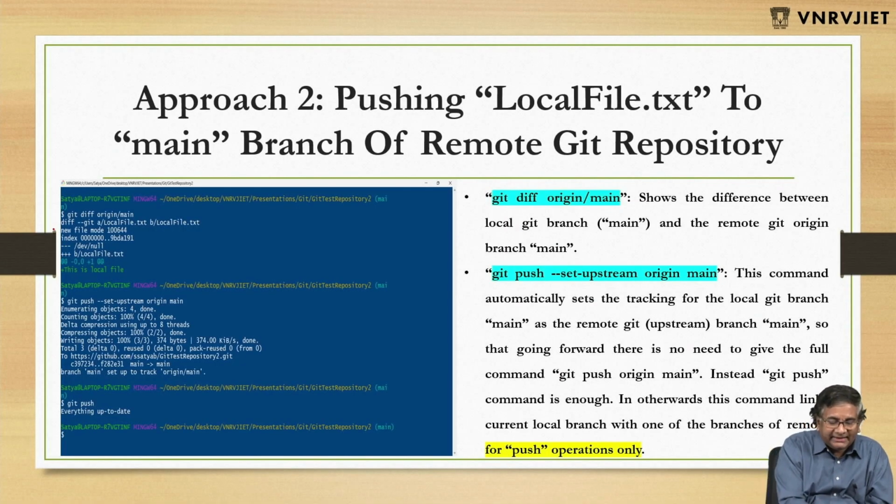Now I said git diff origin main. That means I want to compare my local thing with origin. So that's what this command does. When it says +++ local file, that means this is a local file available which is not there in the cloud, I mean GitHub. So now that's what it is. Now I'm trying to